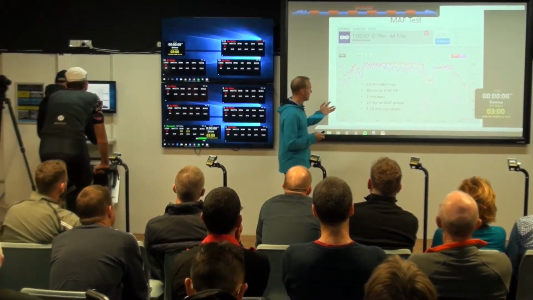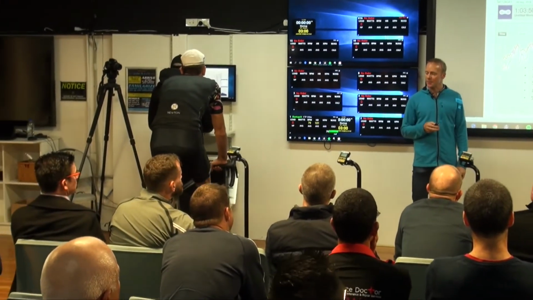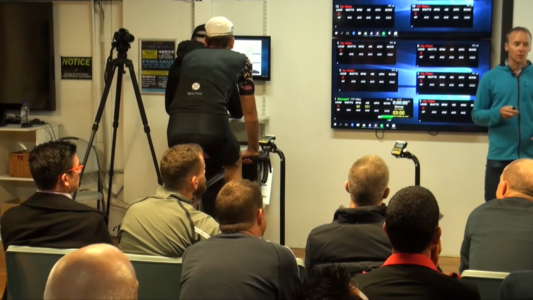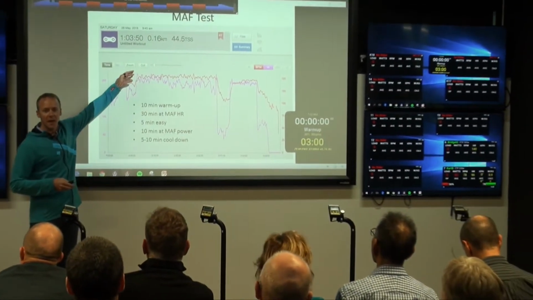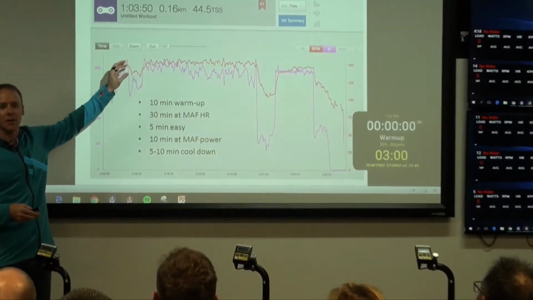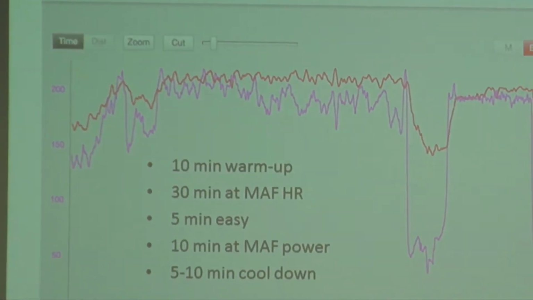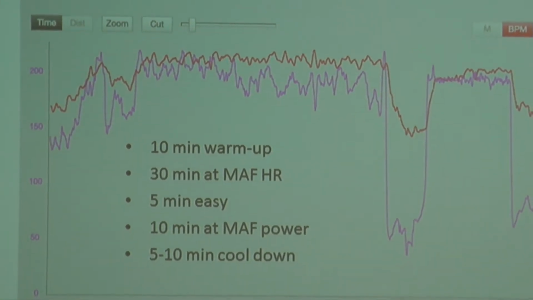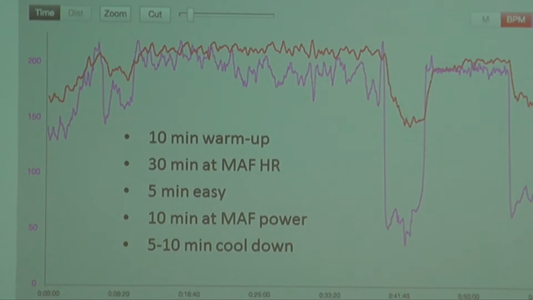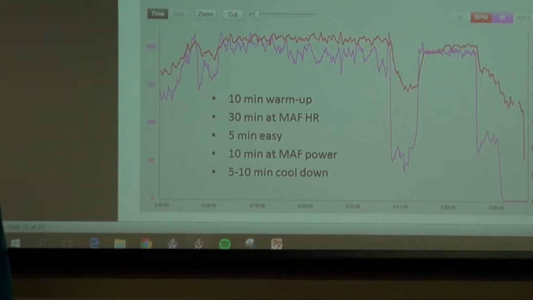This is a really good test to measure your ability to burn fat. If we see a rise in power output at the same MAF heart rate, you're improving your ability to burn fat, because there's more ATP, more energy being generated.